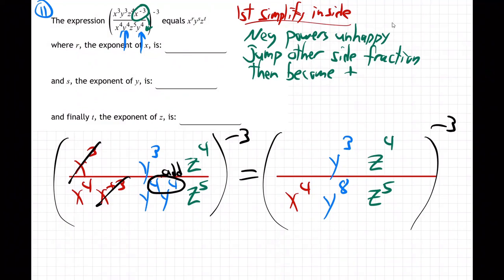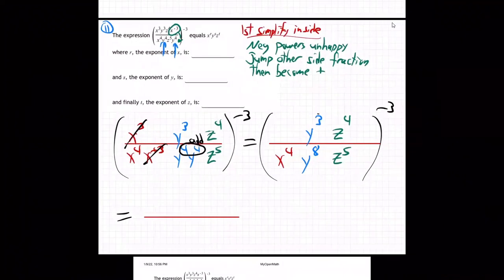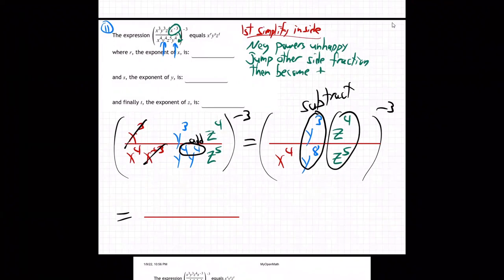Like that. Okay. So now, with the ones that are vertical, these powers are going to subtract. And these ones also, right? So when you have powers that are side by side, like we just did right here, these add. But when you have powers for the same letter that are vertical, they subtract, don't they?